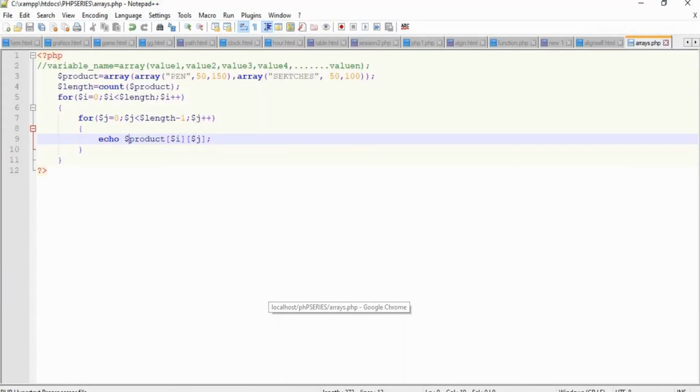Pen sketches, right? So in this way we can have the value of our each array element, right? So this is about creating and accessing the array elements, right?